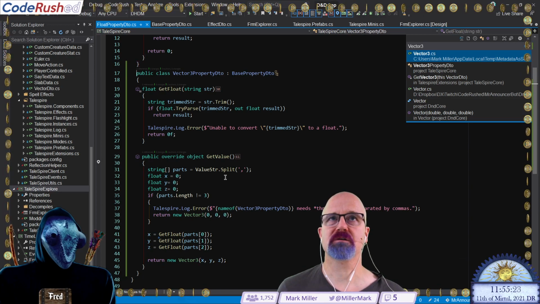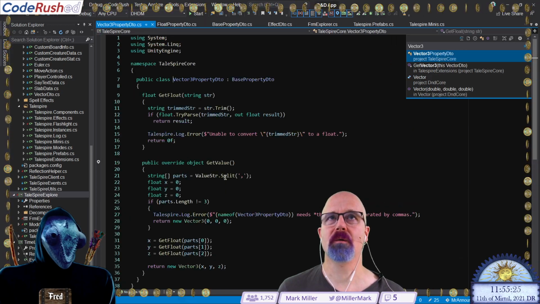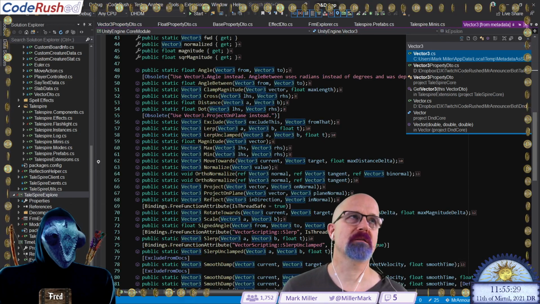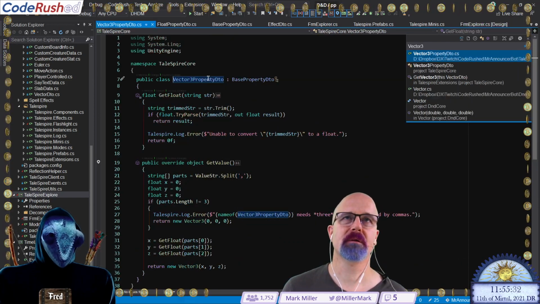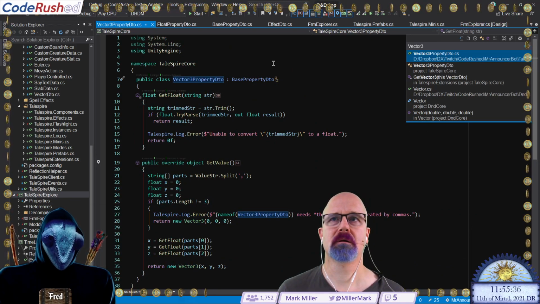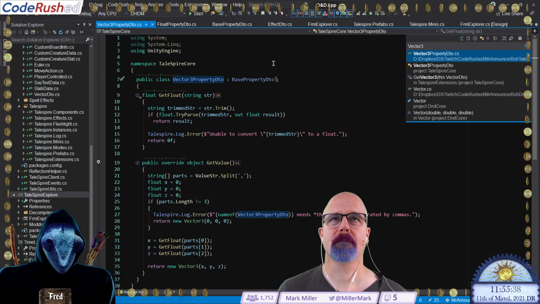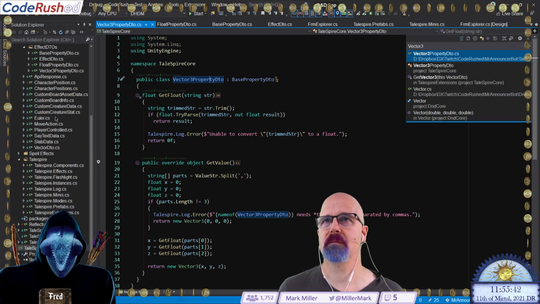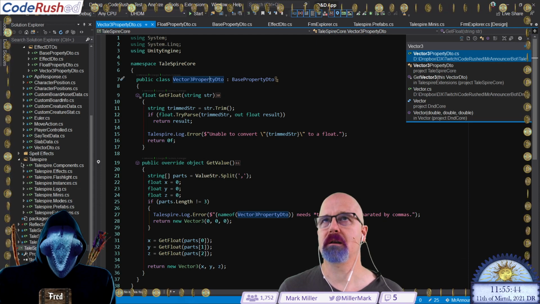And we've got a vector 3 property DTO. I think what I want to do, I want to work on the names. I want to change the names of these, but I'm not exactly sure what yet. I'm still kind of working on what those are.